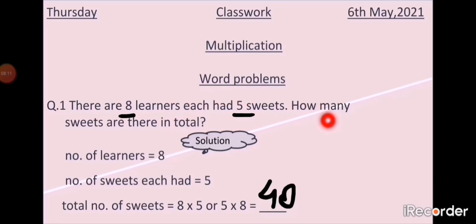And do one more thing. Please draw some sweets at the side of the notebook page. And you have to do one question on one page. First question on the first page, second question on the second page. So on the first page, you also draw some sweets here. You can draw 5 sweets. Draw them properly and color them. This will make your work more presentable.